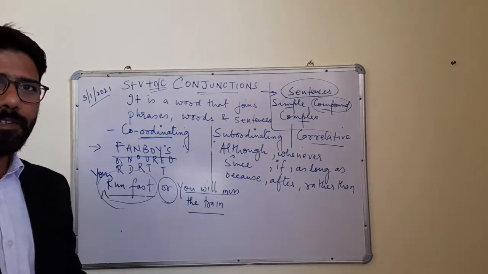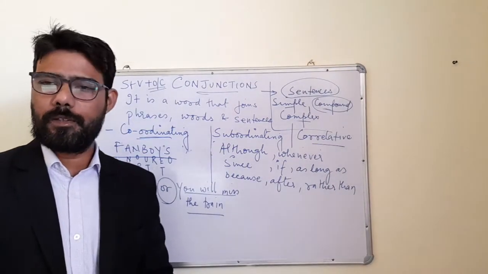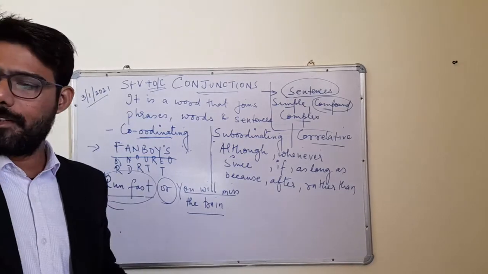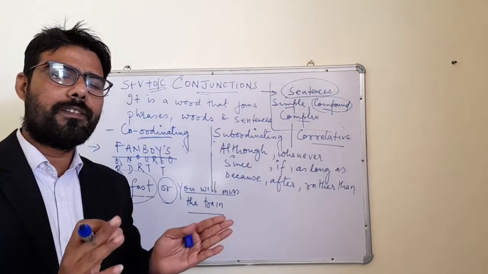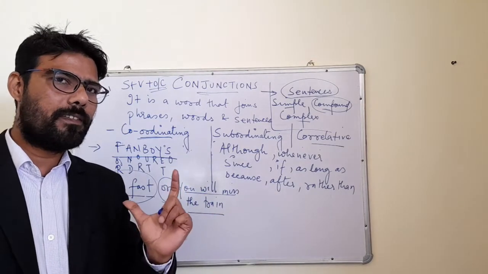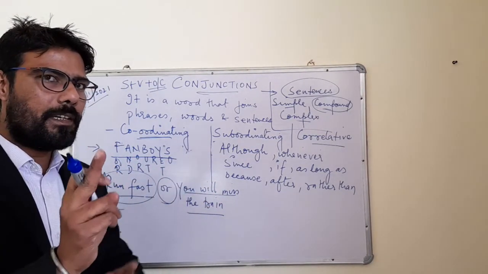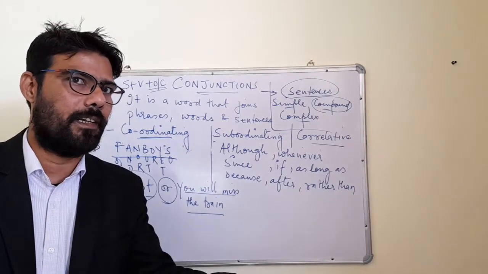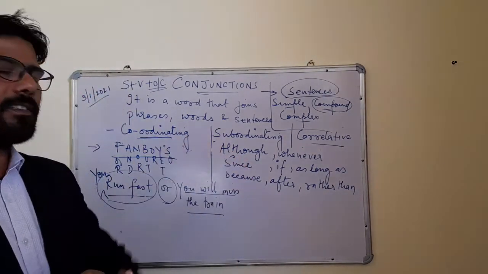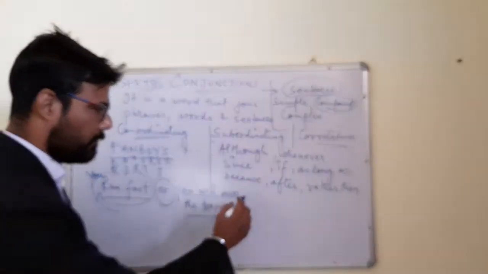The only one concept you have to understand is that whatever sentence is given to you, you just need to understand whether the two sentences are independent by nature or one is independent and the other is not independent. If one is independent and the other is not independent, then in that case, it is a subordinating conjunction. For example,